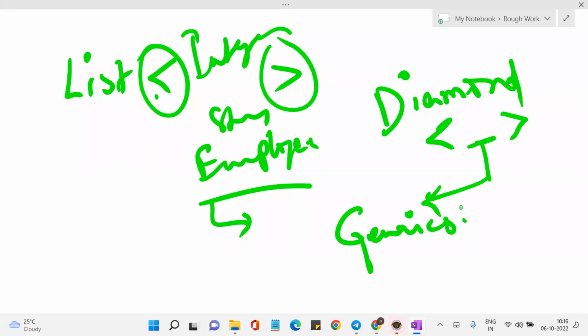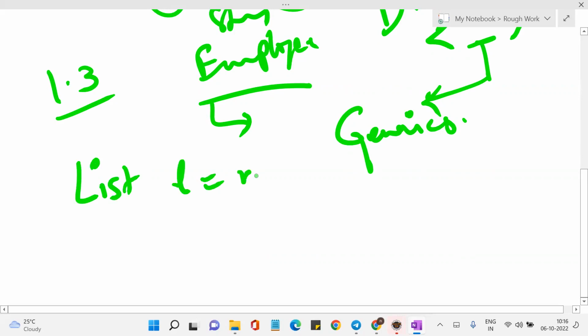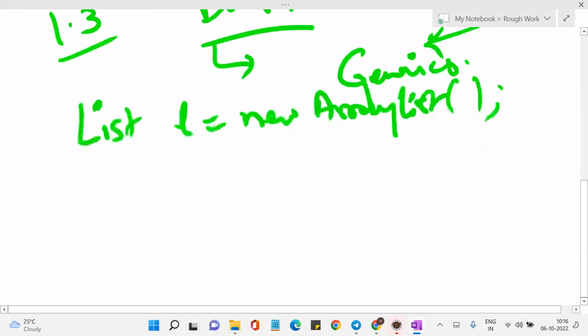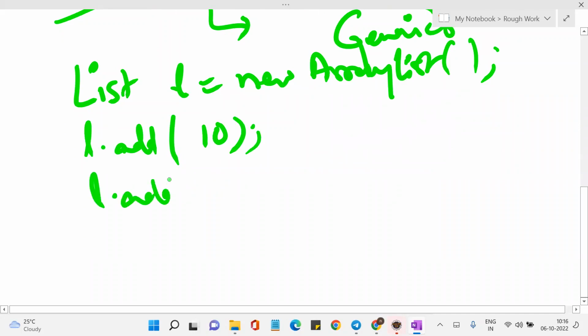For those who are not aware, let me give you some introduction. This is not a 1.9 feature. It is available in 1.3 itself. If you look at the initial versions of Java, you don't have this. If you want to create an ArrayList object, this is how you do it: List l = new ArrayList(). If you look at the definition of the collection framework, it is used to group multiple objects. Here, whenever you're creating a list object, List l = new ArrayList(), I can do l.add(10), l.add